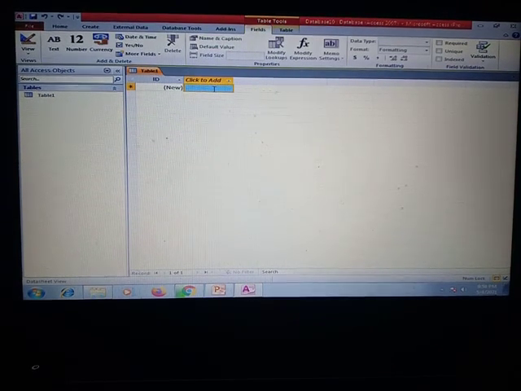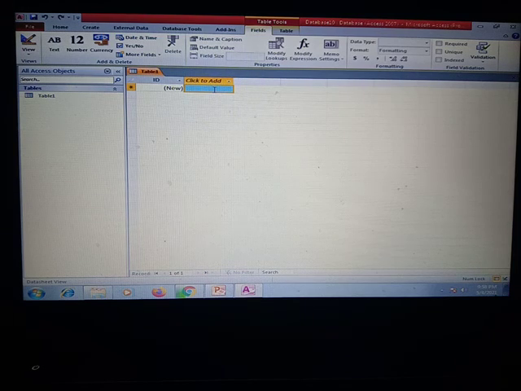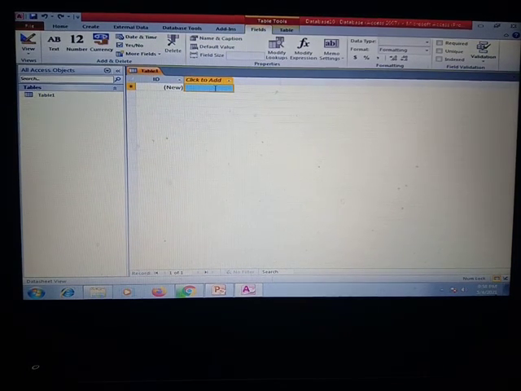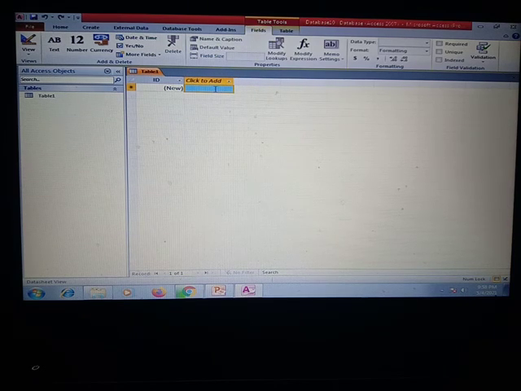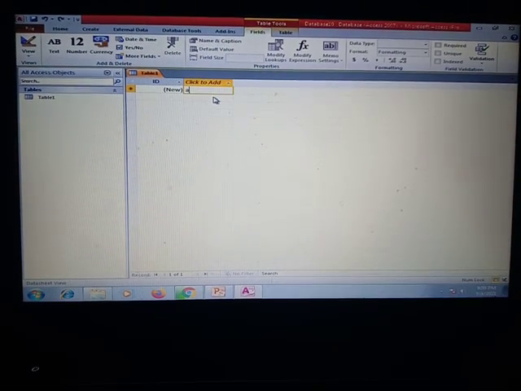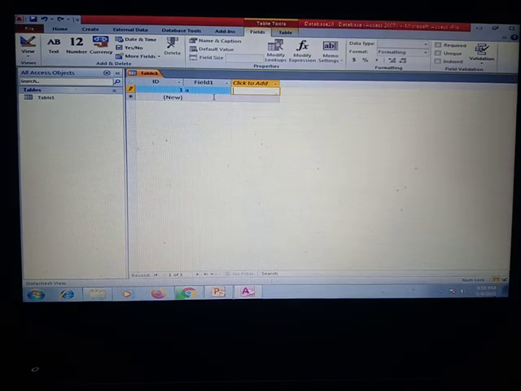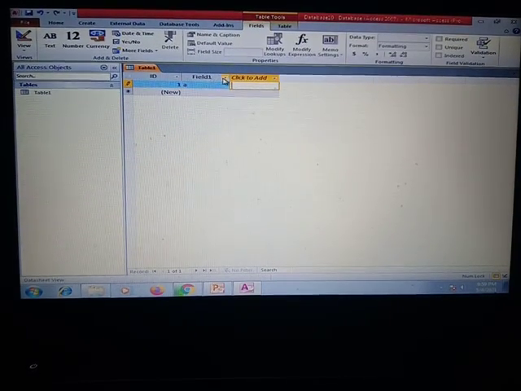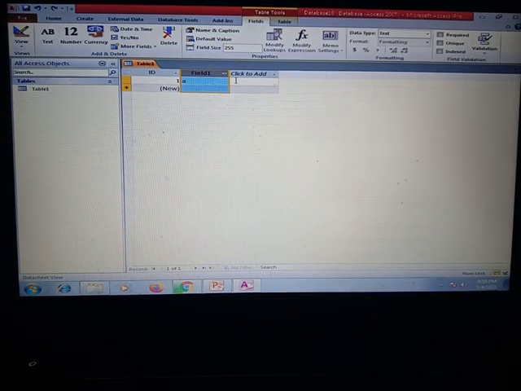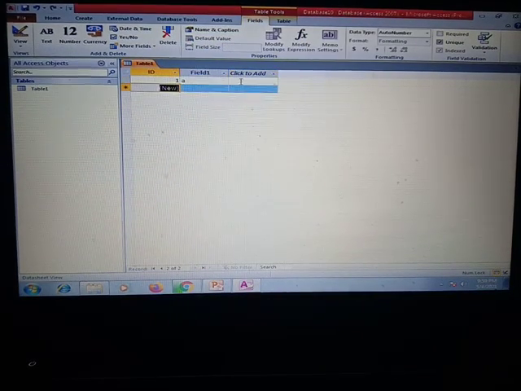When we click on create, you can see this is the first page, in which you can see the active cell, which is the intersection, and these are the columns at the top, and these are the rows at the bottom. If you write something like a tab, now this is field 1, and this is field 2.